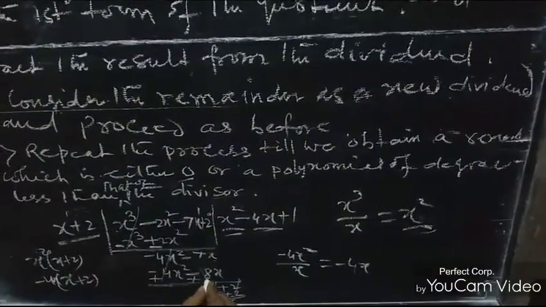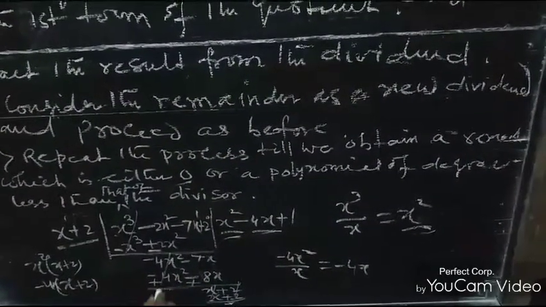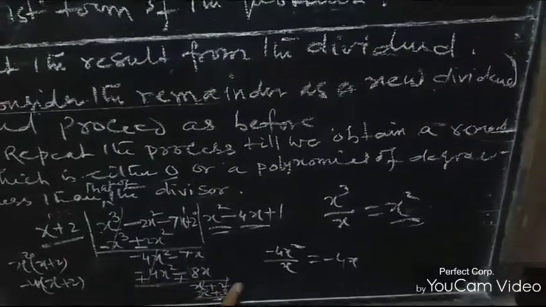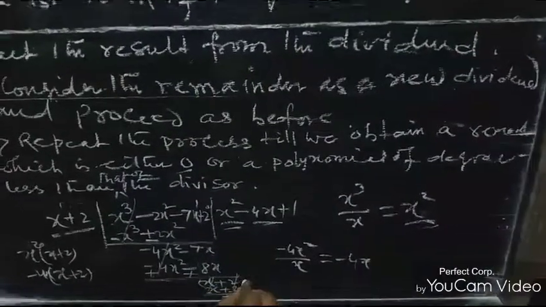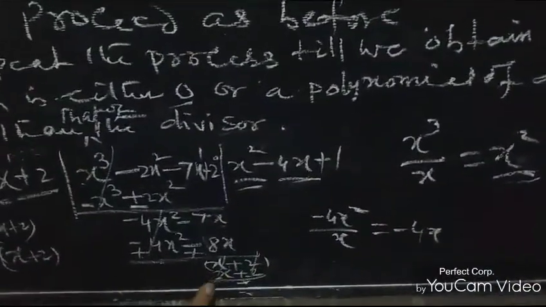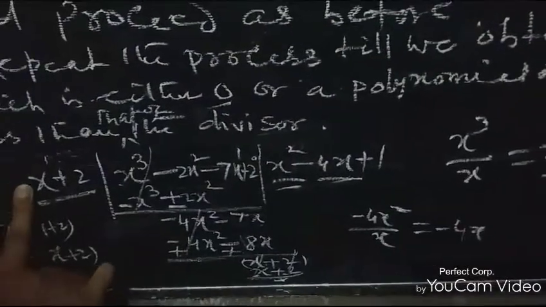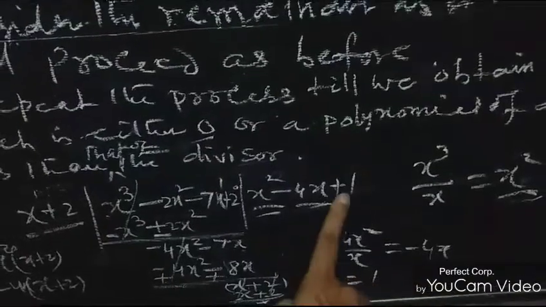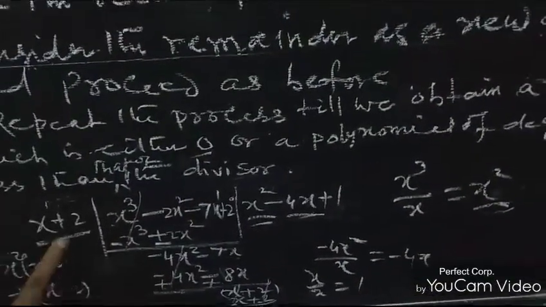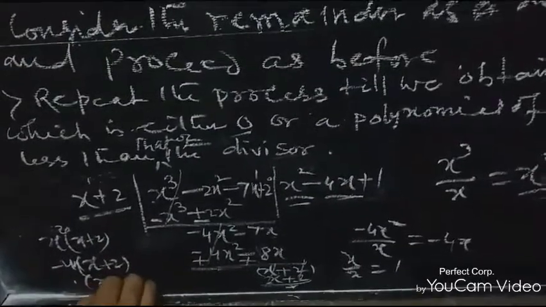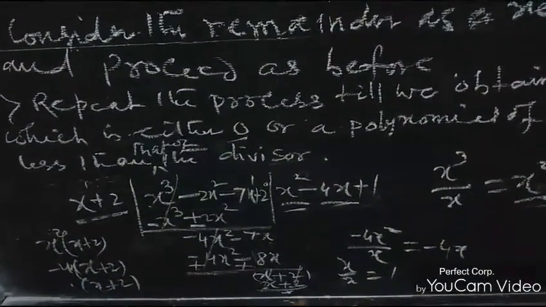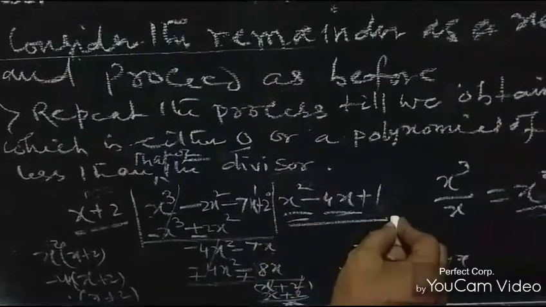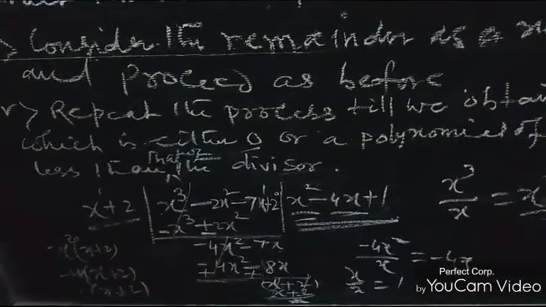So now we are subtracting. This is coming plus and plus. It has come x, and this was 2, and this is coming 2. Now this is another new dividend whose first term is x. That is x by x. It will be coming 1, and this has come plus 1. Plus 1 will be multiplied by the divisor, that is 1 into x plus 2, and this has come x plus 2. Minus, this will be cut, and the remainder is 0. And your quotient has come.